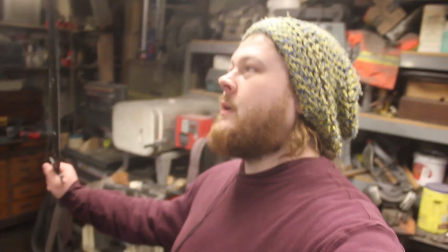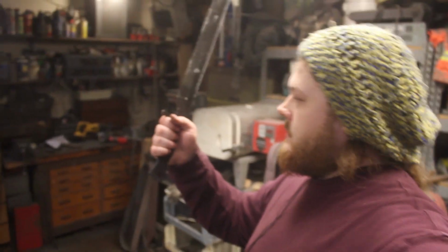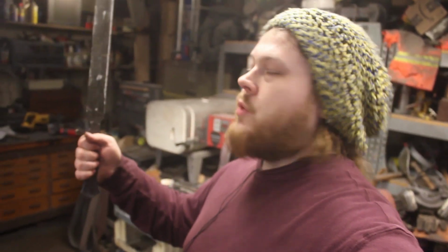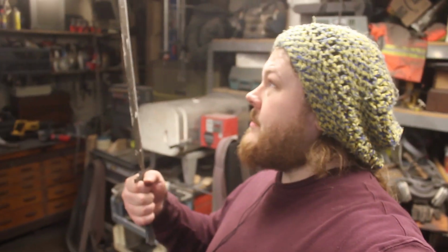I have with me a heat-treated and tempered integral or full tang short sword in 5160. I am very excited about this. I'm going to get this finished in this episode, and over here, laying on the anvil,